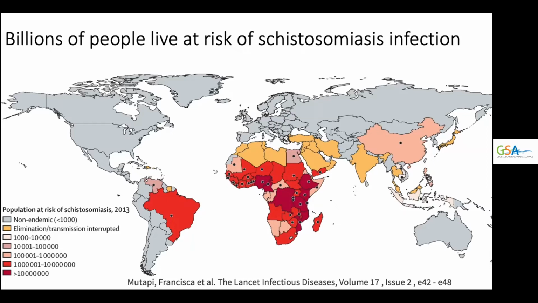Even though the human race has lived with schistosomiasis for thousands of years, I'm encouraged by the progress that research such as that presented here today has brought about. One example of such progress can be found in China, where schistosomiasis infection prevalence has dropped 99% since the 1950s due to their integrated control program, which includes education, snail control, and importantly, chemotherapy.